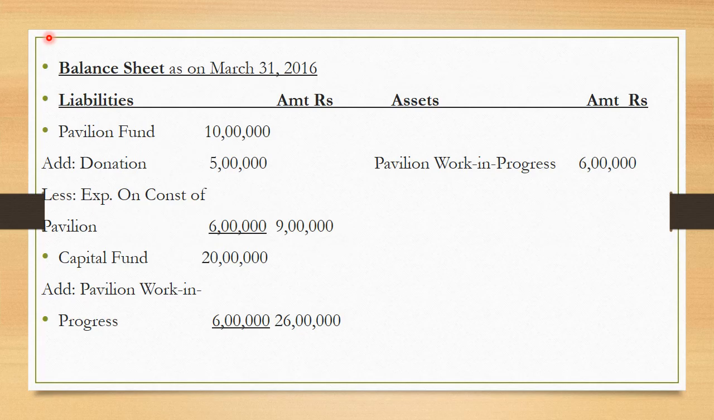Now let's see. Say pavilion fund balance given was 10 lakh, total donation received 5 lakh, expense on construction of pavilion is 6 lakh. It means remaining balance in our hand is 9 lakh. Now that 6 lakh will be shown on two more sides. One on asset side with the name of pavilion work in progress. It will create an asset because pavilion is a building and building is an asset, and that 6 lakh